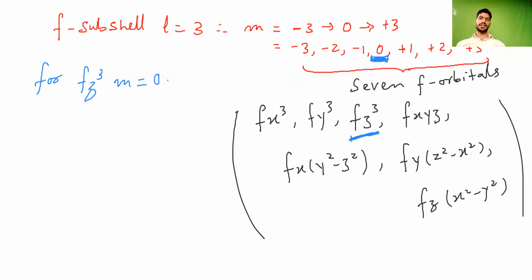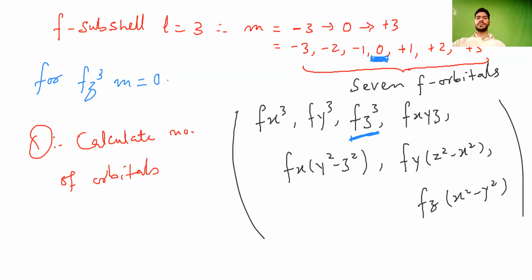So that means this magnetic quantum number gives the information about the orbitals, and we can just calculate the number of orbitals just as we have calculated in case of s subshell, p subshell, d subshell, and f subshell. And next will be the homework for you, that you have to calculate the number of orbitals in case of g subshell. Can you calculate the number of orbitals in g subshell?